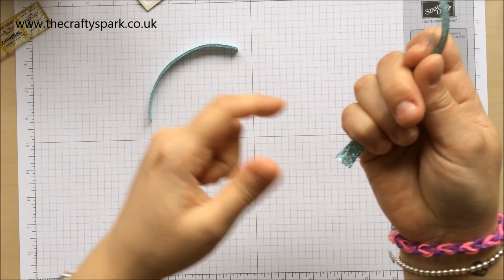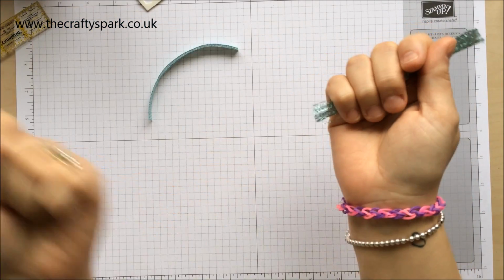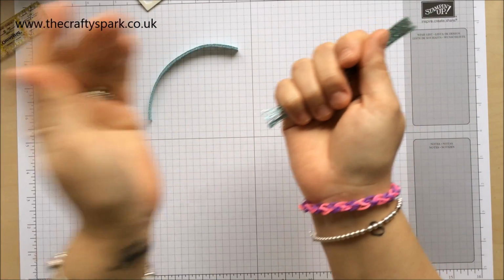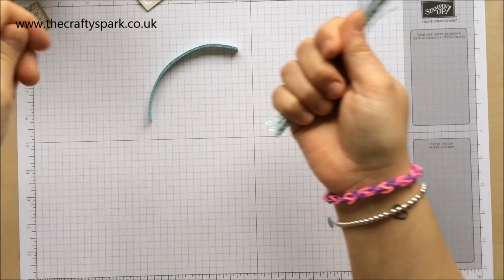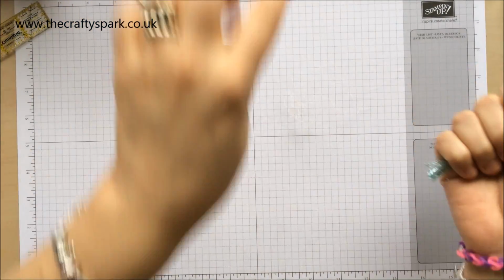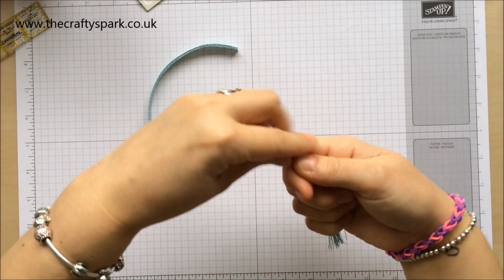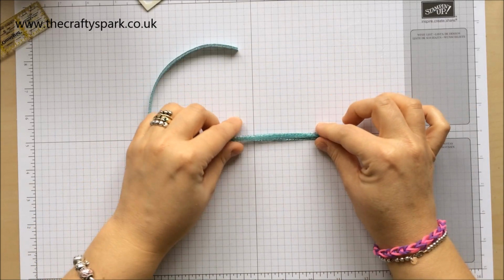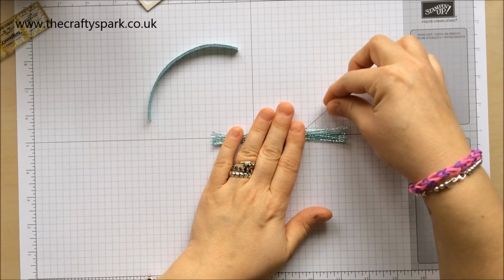You may find that you can pull it and it will go straight through the middle, or it might just go up at the side. Either way, doesn't matter, because what you actually want to do, nearly there, we go, is get rid of all that thread that holds those pieces together. There we go. Alright, so now I'm just left with the threads that go in the middle of it. I'm going to take one of them out